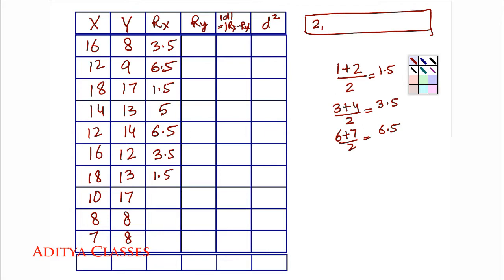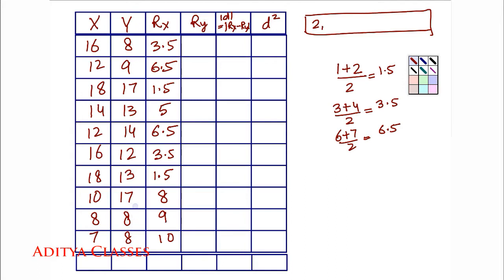The ranks that are coming now are 8, 9 and 10. So the first one would be 8. This is the highest, let me award it an 8. This gets 9th and this gets 10th. So this was about ranks for X. Now let us move on with ranks for y.